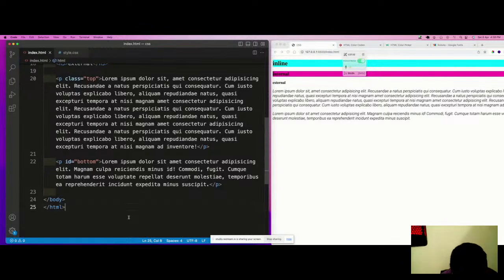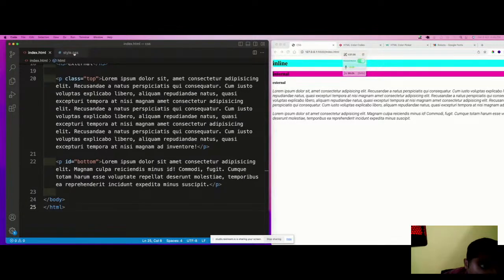Dot is used to highlight the class, and hash is used to highlight the ID. The same class can be used multiple times, but an ID can only be used one time.